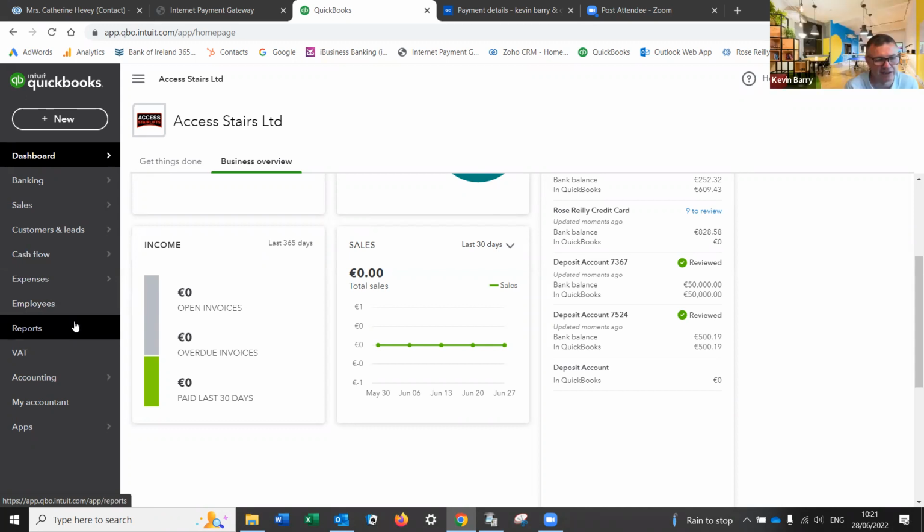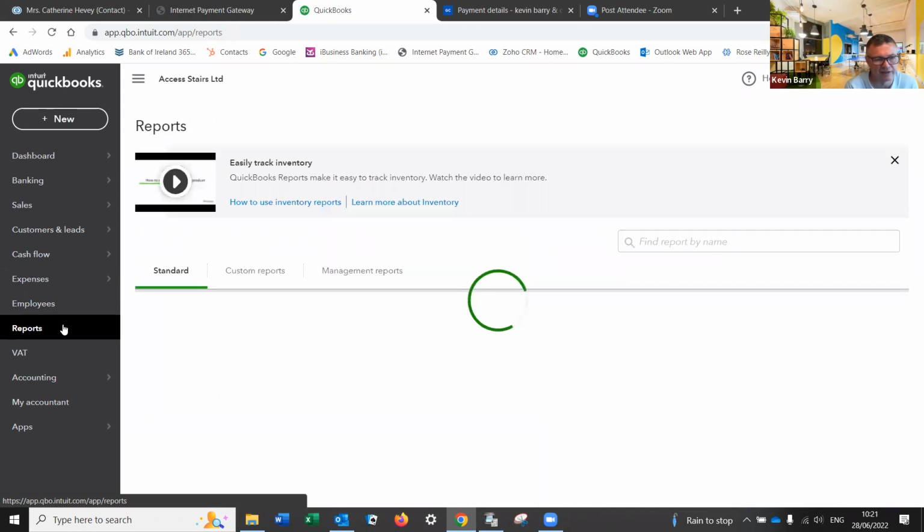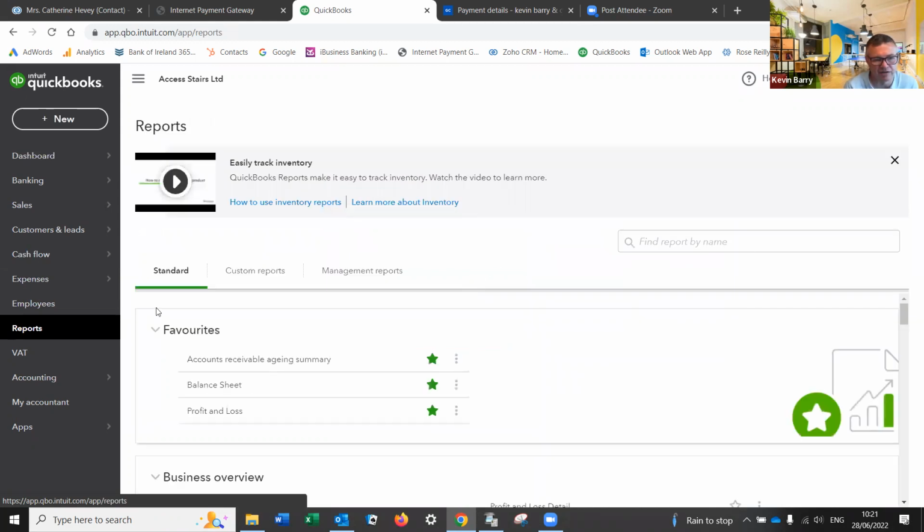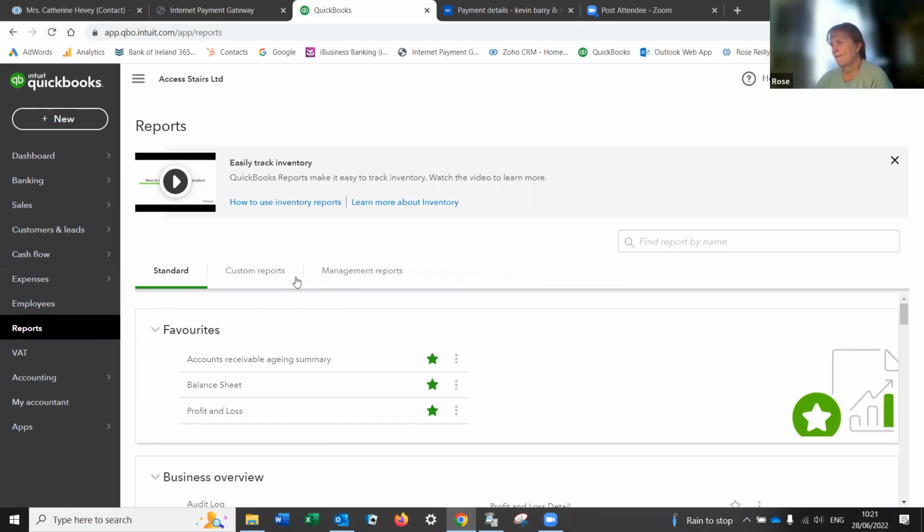Reports, okay, I'm going to click you in there a moment. You click in there. So across the middle is our standard, there's tons of reports. Customer ones that you might set up for yourself and you want to mine them. And management is if you want to dig deeper on them. So you won't really use the management one that much yet. You see those green stars there? If you just scroll down a little bit,